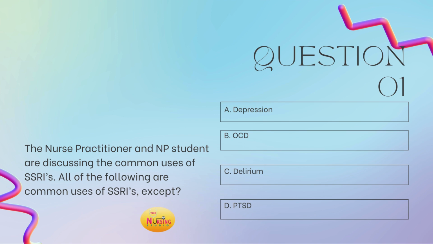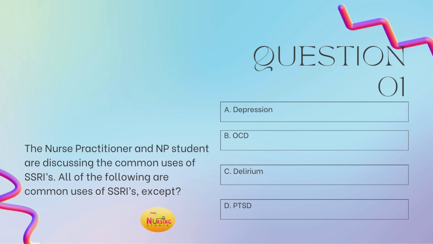All right, so here the stem of the question states all of the following are common uses of SSRIs except. So, all right, pay attention to those terms like except, not, those outliers, so that you know to eliminate, because we're looking for the one that's incorrect, right? Again, this is classic. Look at this so you're not just instantly reading the question fast and saying, "Oh, okay, let me see what the use is for SSRI," and boom, I know depression is, and you select the wrong answer. No, they asked you all of the following are common uses of SSRIs except. So you're looking for the one that is incorrect.